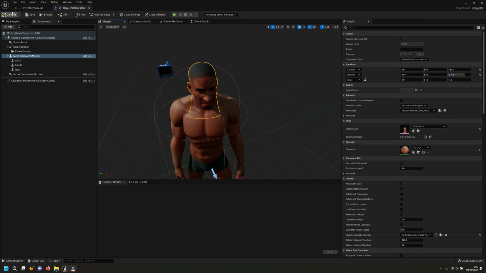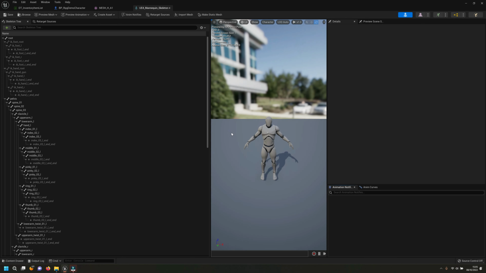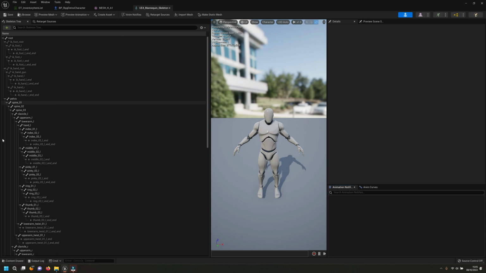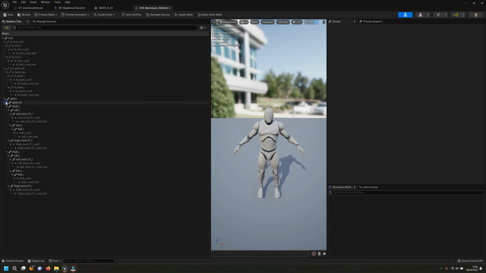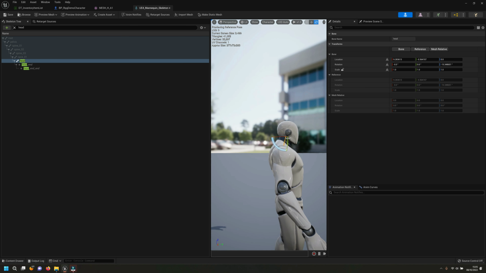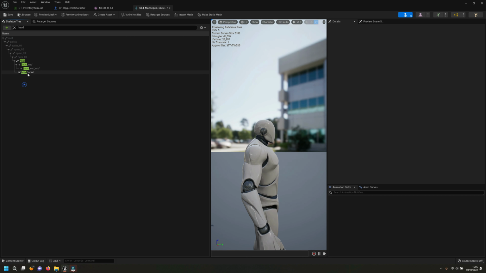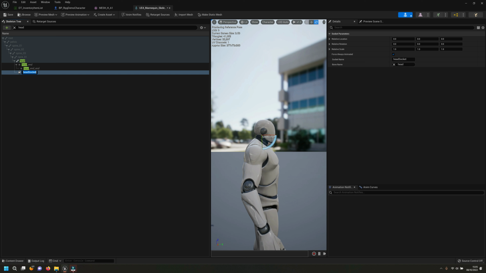Right, so let's do the basic first. So let's open up my character mesh here. Right. Let's open up the skeleton. This is gonna be Unreal Engine skeleton. Yeah, that's fine. Right. So what we're gonna do here is on the skeleton, I'm gonna find where is the head bone. Right, head bone here. And what I'm gonna do here is I'm gonna add a socket,